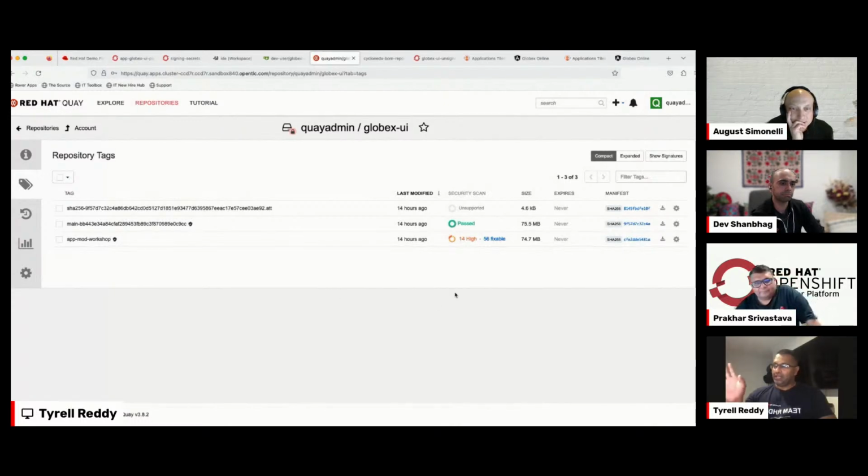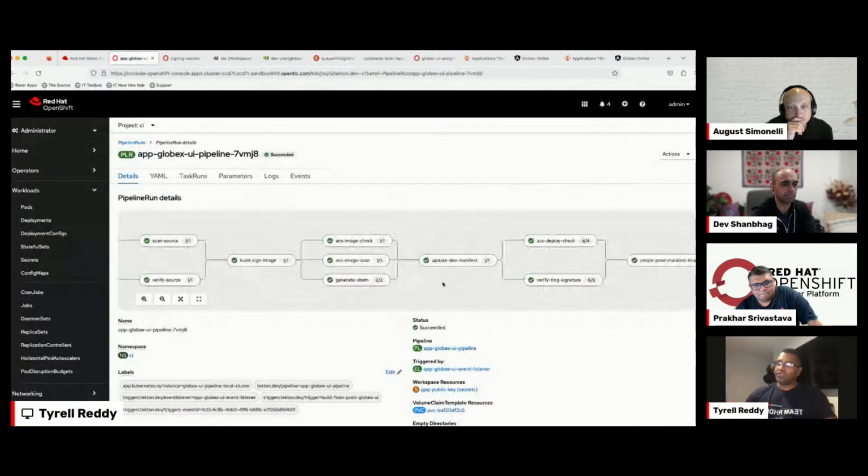Another thing that's important is that all the security issues have passed, right? So we've fixed all the problems that we had as a developer. It was 14 high issues, and now we've actually fixed it in our pipeline before we execute our pipeline and build our image, and we're all good now at this step, right? All right, so going back, once our image is built, we need to run ACS against this image, right?